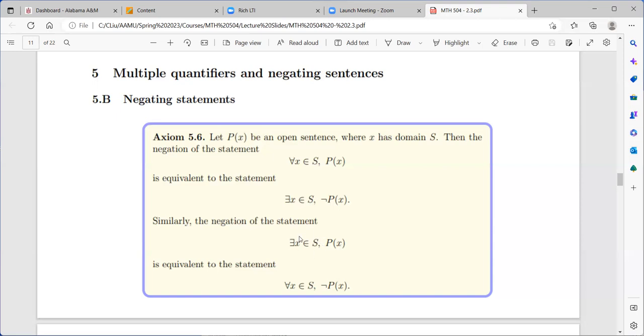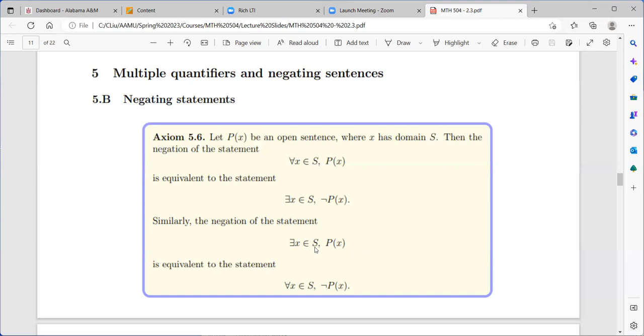Similarly, when you have a statement with the existential quantifier and you want to negate it, you just change that into the universal quantifier, and at the same time you negate the open statement. So, for example, if you say there exists some value of X in S so that P of X is true, that's a statement. So if you want to negate it, that means there's no